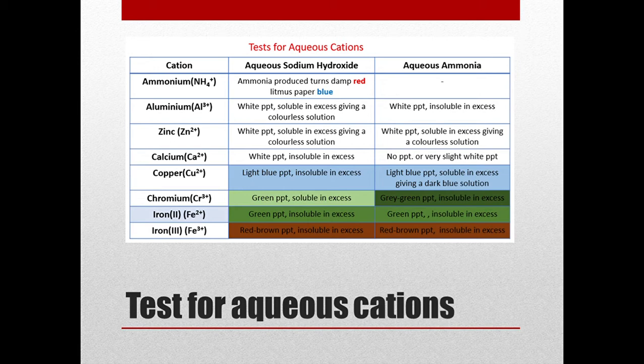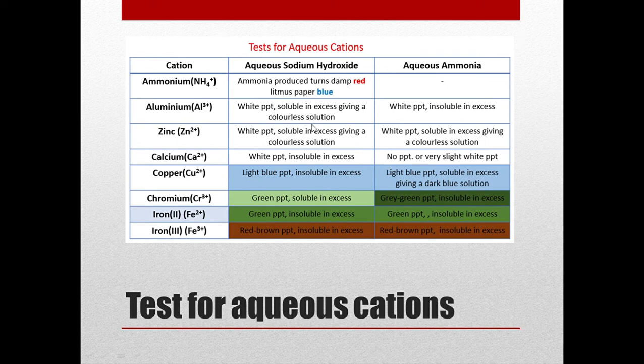Aluminium, with aqueous sodium hydroxide. So my dear friends, aluminium with sodium hydroxide gives you a white precipitate which is soluble in excess, giving a colorless solution. And with aqueous ammonia, it is a white precipitate insoluble in excess. With zinc, aqueous sodium hydroxide gives a white precipitate soluble in excess, giving a colorless solution. And with aqueous ammonia, it is a white precipitate soluble in excess,